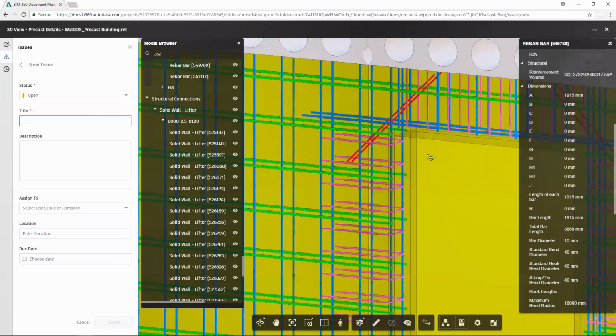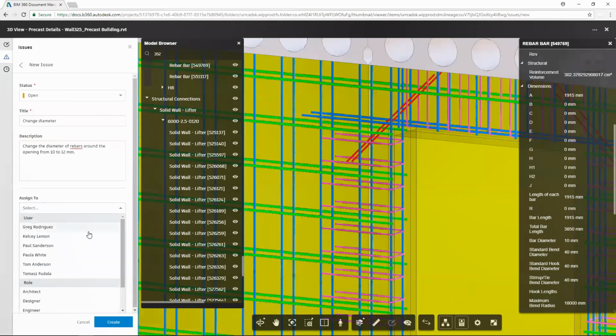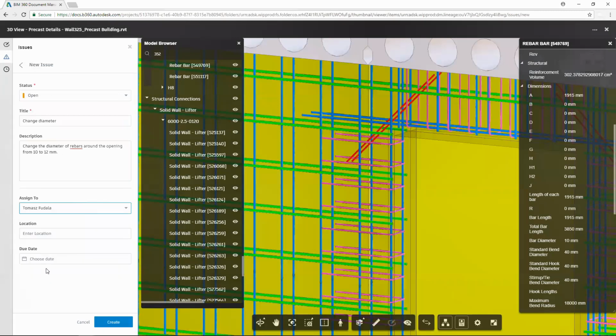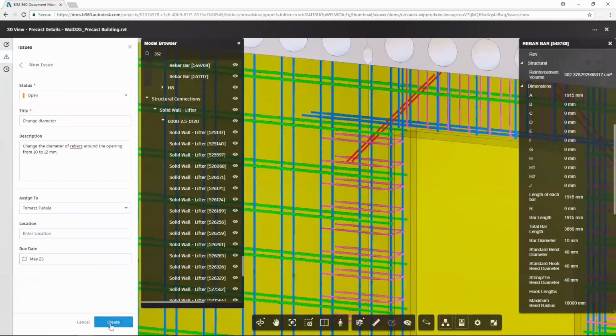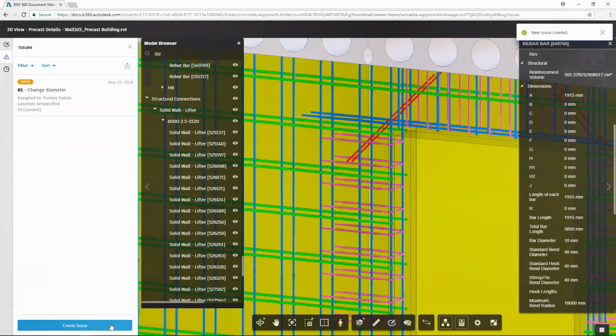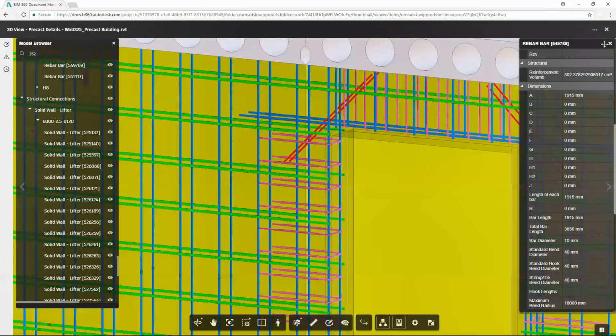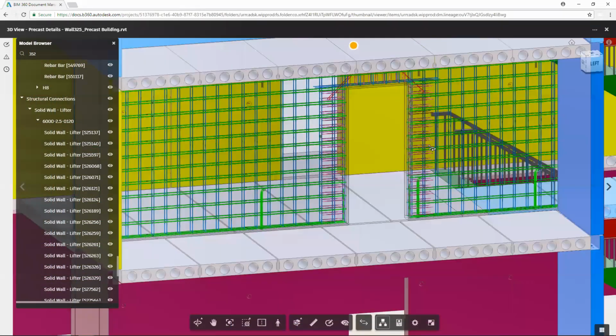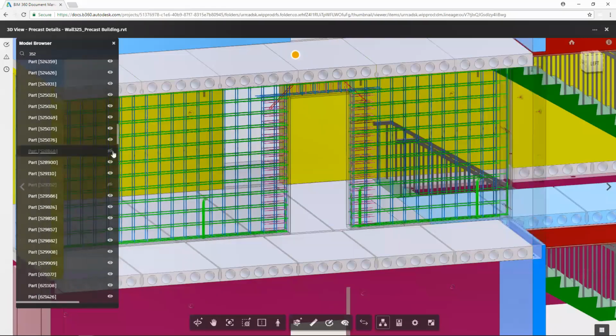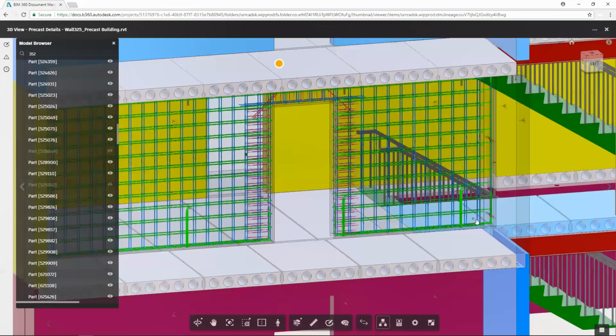After having marked it up, you can create an issue from it and ask the detailer to review it accordingly, for example to change the diameter of the rebar. But in this case, the structural engineer may oppose or agree with the change that the architect is proposing. Where the rebar diameter is likely to interfere with the structural integrity of the model, that change may be denied and you may propose to proceed with it as is. Those are the various levels of collaboration that we're now looking at when you work with BIM 360